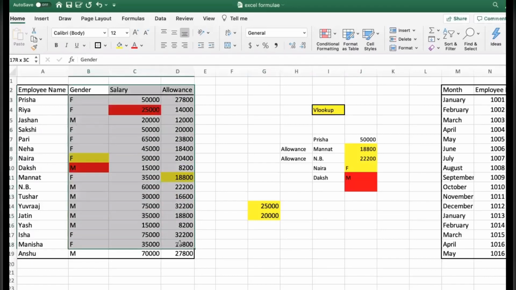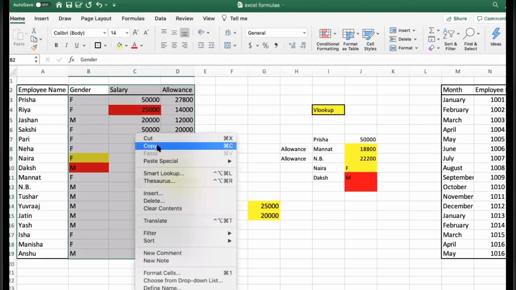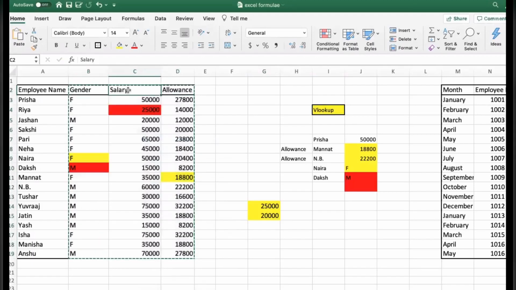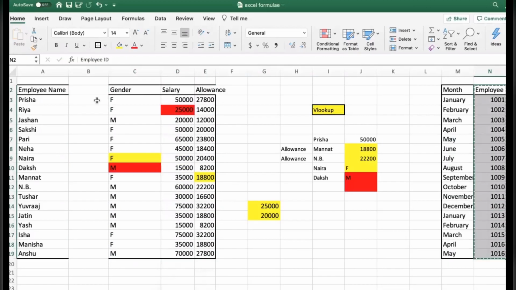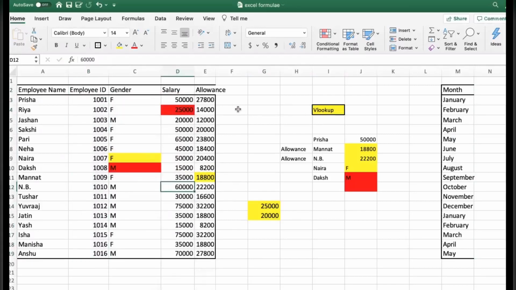I want to do one more thing with you to make it clear in more detail. Give me 1 second. So I will do one more for you. I will try for Pari, and next I will do for Neha as well, to show you the difference.